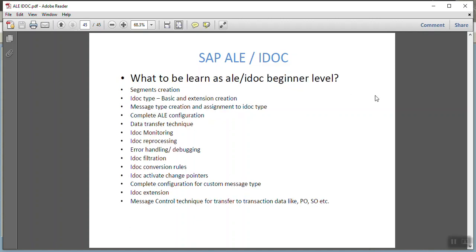Now, as a beginner or fresher level for SAP ALE IDOC, what does an ABAPer have to learn? The ABAPer has to learn the segment creation, the IDOC type creation, that is basic and extension, message type, the complete ALE configuration which we have seen, and the data transfer technique. He has to understand how the data is transferred. He has to know IDOC monitoring, IDOC reprocessing concept, error handling and debugging, the IDOC filtration concept, IDOC conversion rules,